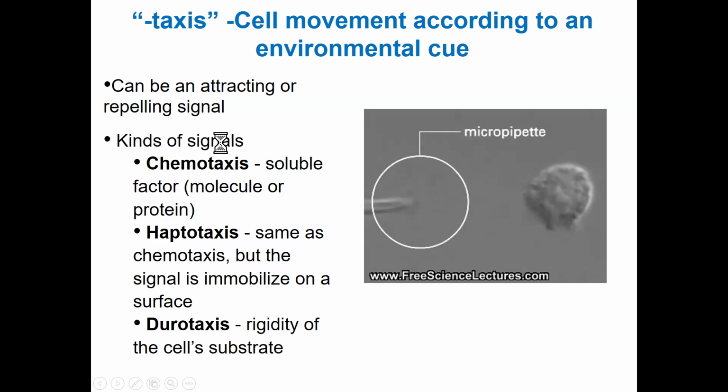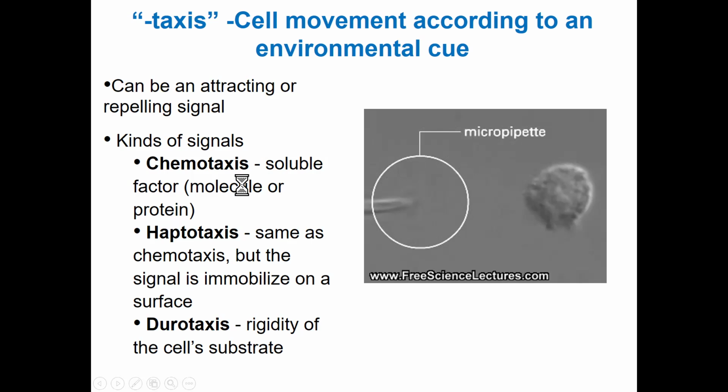Taxis can be toward a chemical, that is, preferential movement of an organism toward a chemical source is called chemotaxis. For example, a mosquito, even in a dark room, finds us through the process of chemotaxis because our body emits a blend of chemical substances that guide the mosquito to find us. So chemotaxis means taxis toward a chemical source.